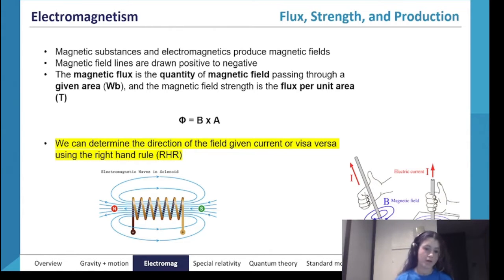So in this example here, our thumb is going to be pointing to the left, because that's the direction of north, and because of that we can tell the direction of the current. So our fingers are going to be wrapping around this way, or kind of away from you. So this tells us that the conventional current is going to be moving kind of in this direction,